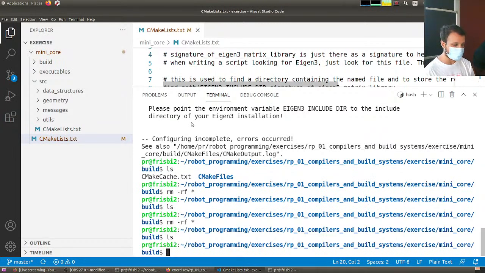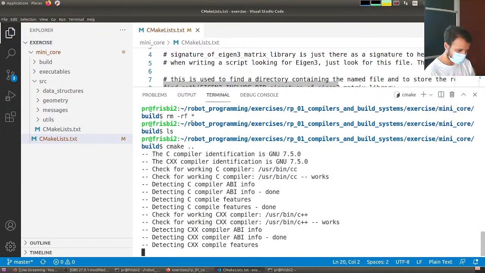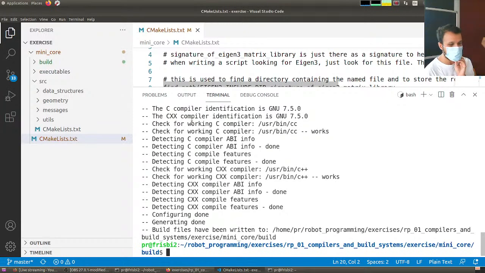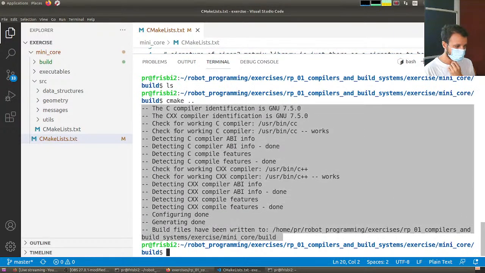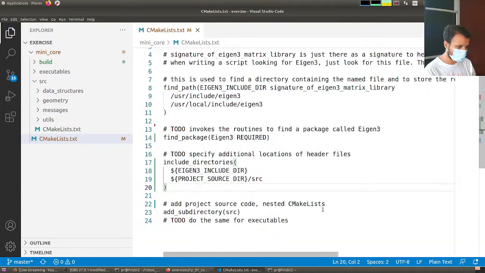Okay, so having said this, we will write cmake again in our build directory, and we will make sure that we don't encounter any error. And in this case, we didn't encounter any error, okay? And this is good. This means that what we have done till now, which was the inclusion of our header, of our external package eigen3, and our project header, are okay and have been found by